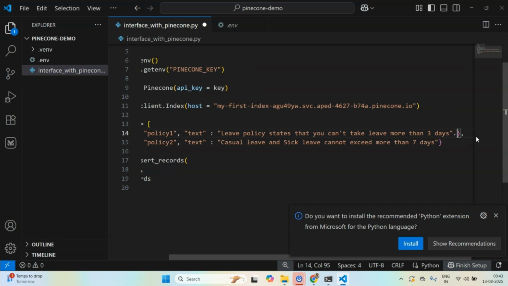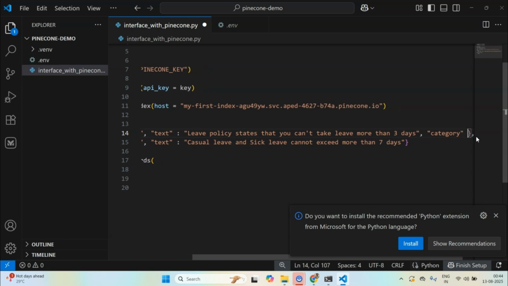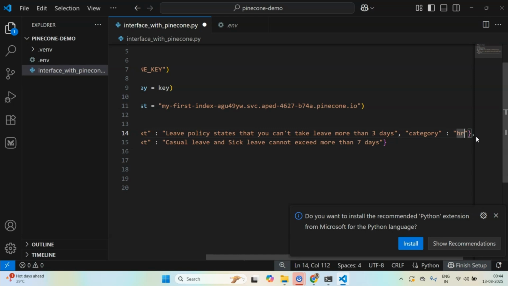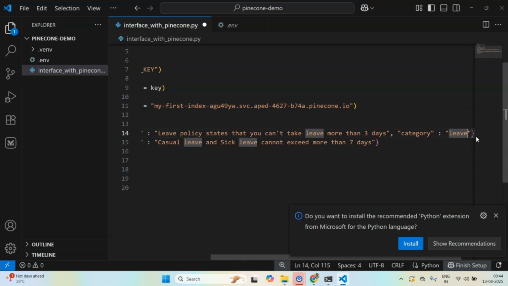Now why might metadata be important? Because later you might be interested in extending the search functionality by doing some sort of metadata filtering, or what is known as hybrid search, where you combine semantic search with exact keyword search. In that case, you might have a key called category, but you are not limited to that. You can create any key that you want.